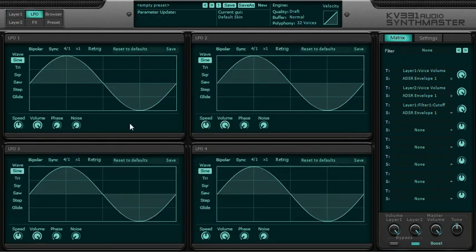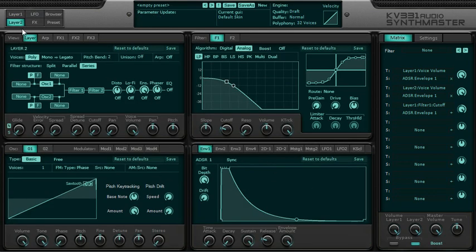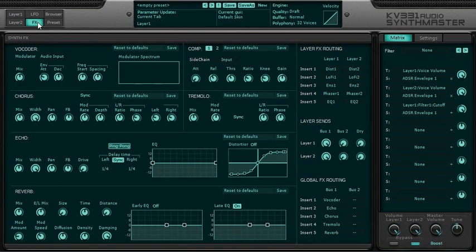Now, we have 4 global LFOs here, which is really nice if you want to do one LFO for both layers, because each layer has its own envelope section, which is really nice. And then we have the effects section, really powerful effects here. And what's really unique to this synthesizer, which also makes it even more powerful than what it already is,